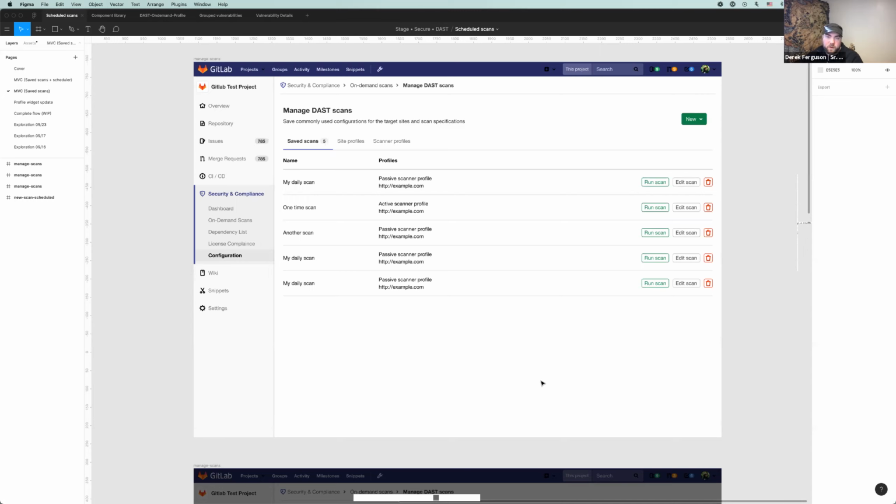Like every time you hit the run scan button on one of these, we could increment the counter in the database. But yeah, there are some issues with that, and it's not super granular, like you said. It wouldn't capture if anything changed on the profiles. Is that considered a different scan, or do we just say, hey, you saved it over the previous scan, so we're just going to count it as the same one?